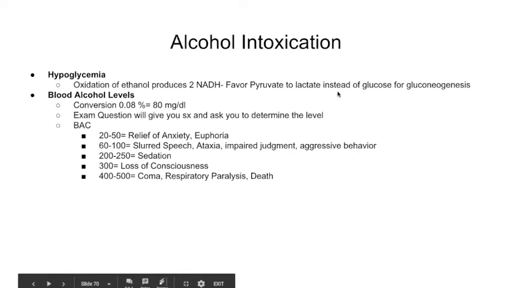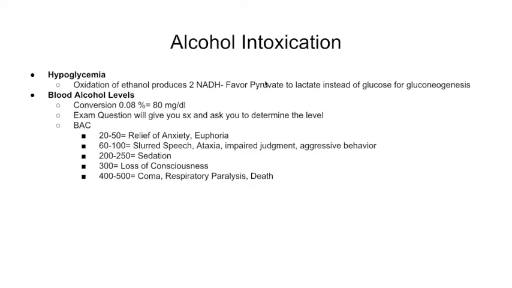Now we're going to talk about alcohol intoxication. So, I guess the one thing that I wanted to talk about with alcohol intoxication is hypoglycemia. And hypoglycemia is important to recognize on the test because of the biochemistry behind it. And I'm not going to go into depth behind the biochemistry, but know that oxidation of alcohol produces 2 NADH, and that favors pyruvate to lactate metabolism instead of glucose for gluconeogenesis. So you get